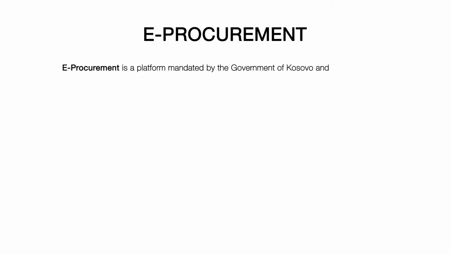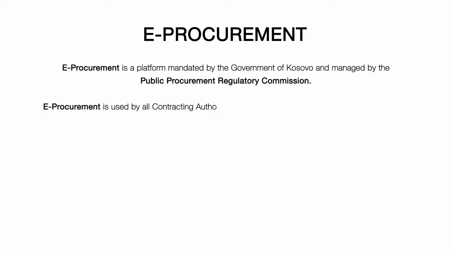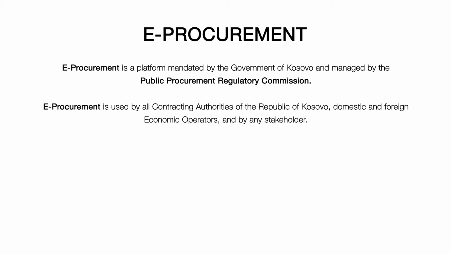E-procurement is a platform mandated by the Government of Kosovo and managed by the Public Procurement Regulatory Commission. E-procurement is used by all contracting authorities of the Republic of Kosovo, domestic and foreign economic operators, and by any